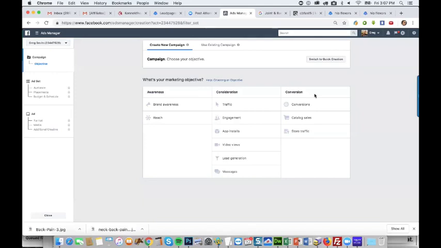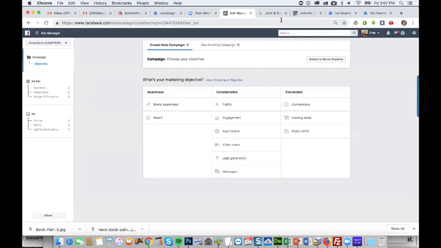For us, almost always the marketing objective is going to be conversions. The conversion could be either an opt-in or it could be a sale. Now to record the sale conversions, we have to send our Facebook pixel to the HipFlexer people. But being as though they have their own affiliate page and they're really so into it, they shouldn't have an issue with it. I'm sure they have an email that you can just email the pixels to, and they'll gladly place it for you. So it's a common thing.